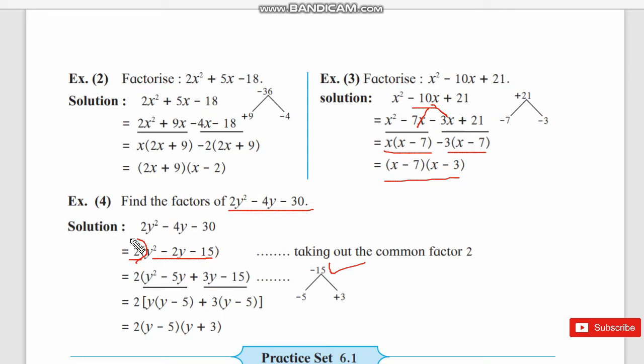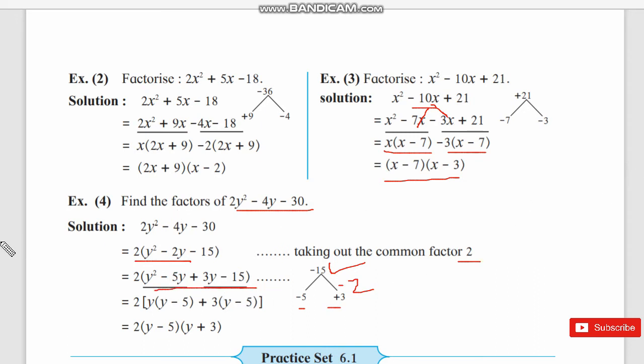2 is the first common factor, so we take it as common up to the last step, as it is. So this is the common first factor we get, and we have the remainder y square minus 2y minus 15. We factorize the minus 15 such that the product must be negative 15 and the sum of them must be negative 2. So what do we get? Minus 5 and plus 3. So we write here minus 5 plus 3 and make it 4 terms.